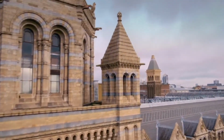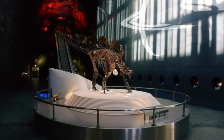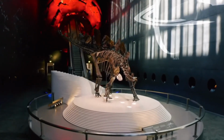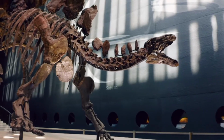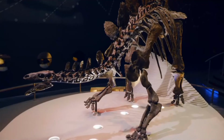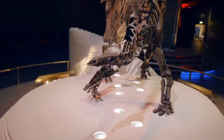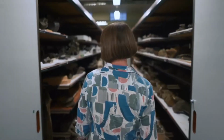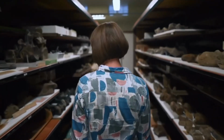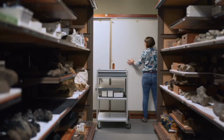One of the museum's biggest crowd pullers is Sophie the Stegosaurus. With almost all of her skeleton intact, Sophie is the world's most complete example of the famous dinosaur. But she's so unique that the most precious part of her is kept under lock and key, her skull. While she waits for news about the dino footprints, Susie Maidment is taking a rare look at Sophie's